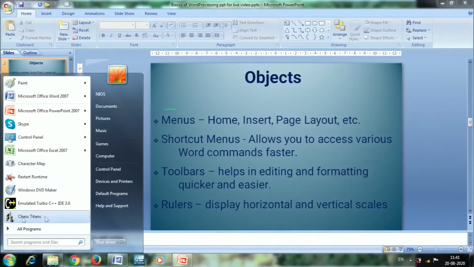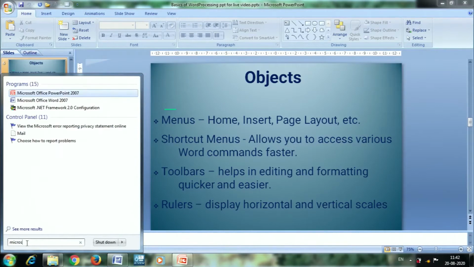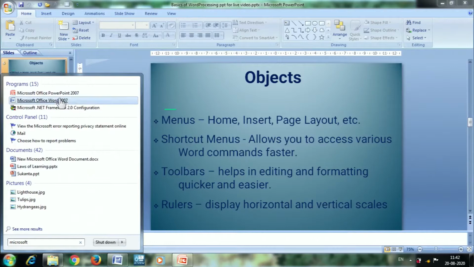So, let me show you the word processing software, so we will come to know how we can work in it. I am clicking on the Start button. From there, I can choose the option All Programs. From All Programs, it shows the list of software which is already installed in my computer. I can click on Microsoft Office, then I will have the software which is installed in Microsoft Office.